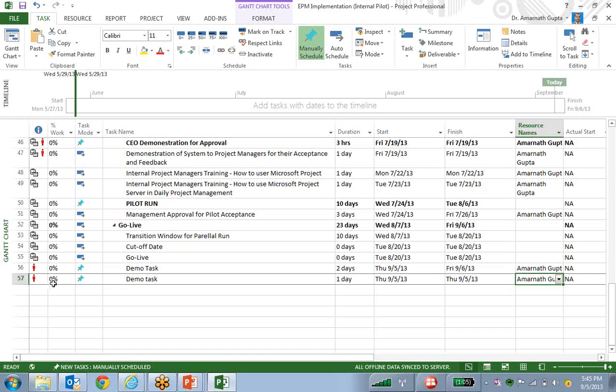Yes, correct. And not only this, as soon as this has happened, as I will be saving my project plan, it will display inside my resource center that this particular resource is overloaded. And not only that,